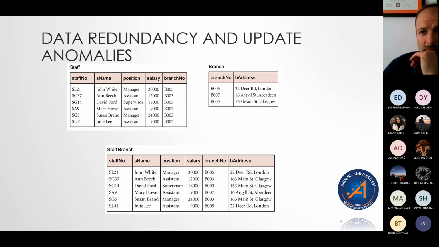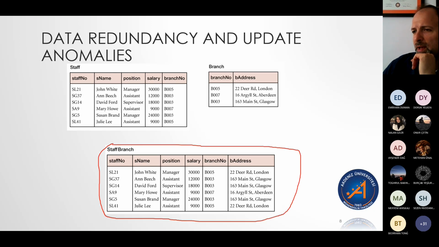Okay, so let's imagine that this is how you might see data stored in an Excel spreadsheet or something. We want to know our staff people, and what branch they work at and what address that branch is. We would look at it something like this, and this would make sense to us.